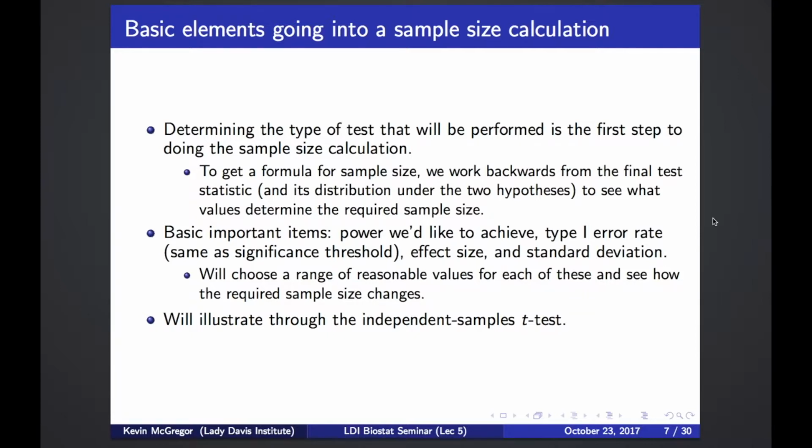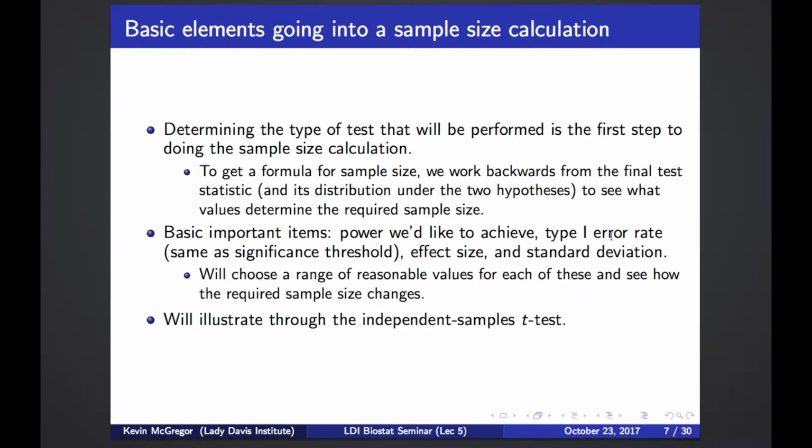So in order to get a formula for the required sample size, we sort of start with the final test statistic that we would have and look at its distribution under the null hypothesis and the alternative hypothesis. And we would work backwards from that final test statistic to see what our required sample size is. So the basic important items that go into this sample size calculation are, firstly, the power we would like to achieve,